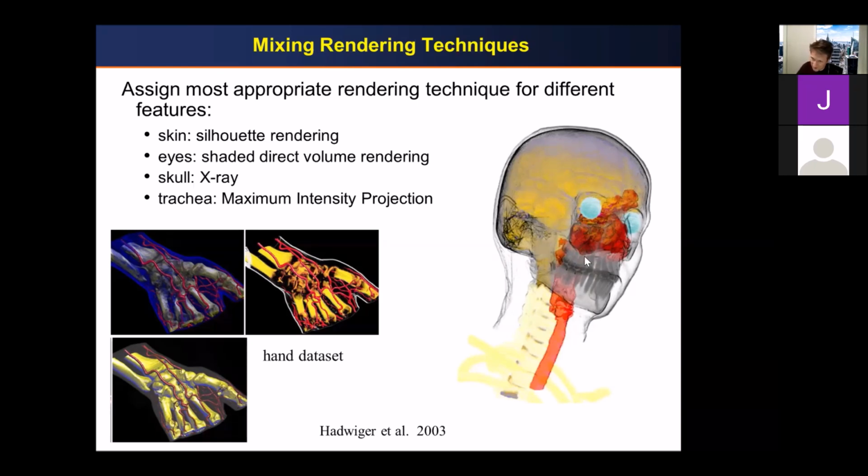The simple effect here is just the skin with silhouette. Remember, silhouette detects where the view vector and the normal vector are close to 0, and renders a black point. Silhouette, then direct volume. All you need to know really is where is my skin, where are my eyes, and where is my skull. And that you can do by having another volume, for example a tag volume. So for every voxel, you have a tag that says what it is. Before, you run a segmentation on it and say, okay, this voxel here is my skull voxel, this voxel here is my tooth voxel, this voxel here is my trachea voxel, and this voxel here is my skeleton